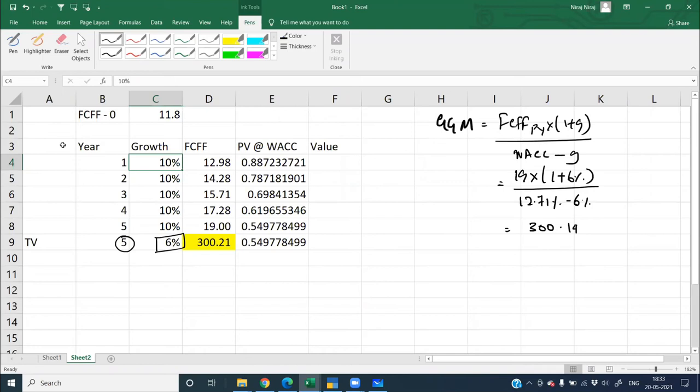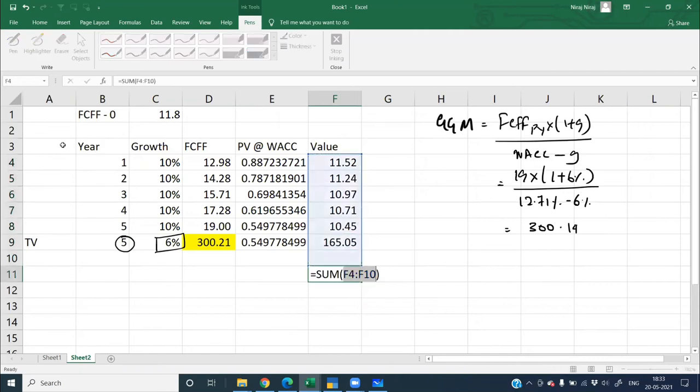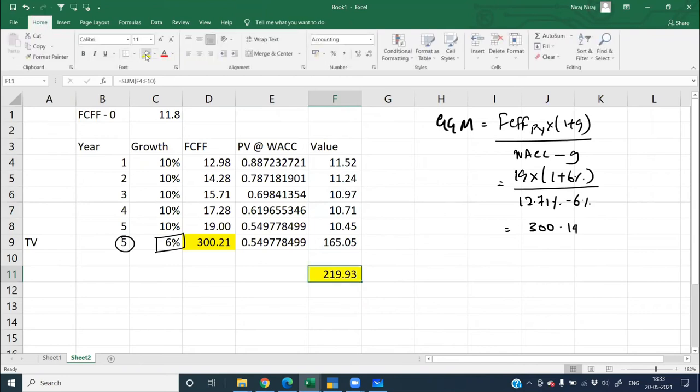Whenever you are calculating terminal value, what is it? It is the perpetual value. How do you calculate perpetual value? You calculate using the Gordon growth model. And that is why, whenever you are discounting it, you will bring it down one more year, that is N minus 1, so you will discount it. So value of the firm will be FCFF into present value. So if I do the total, my answer will be 219. So now let's read each question and try to answer them.